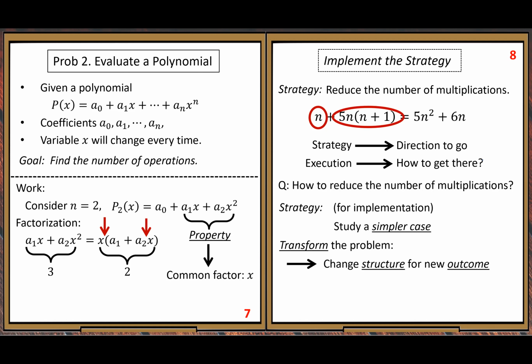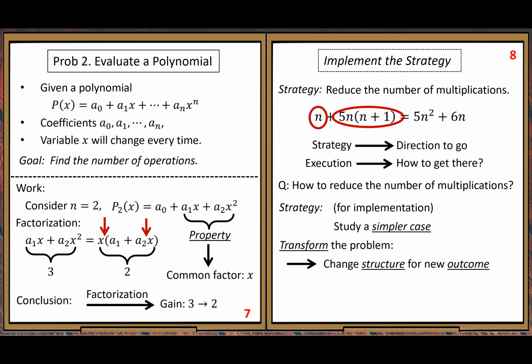Two different structures, but the outcome is different. See the conclusion. If you can explore the factorization property, if you can do factorization, you can save the number of multiplications. The reason we can save is that we take advantage of the factorization property. It's a technique, the factorization technique, and it can help us